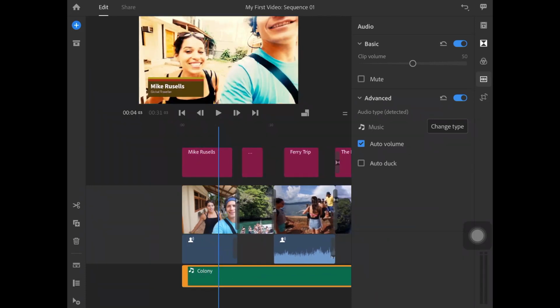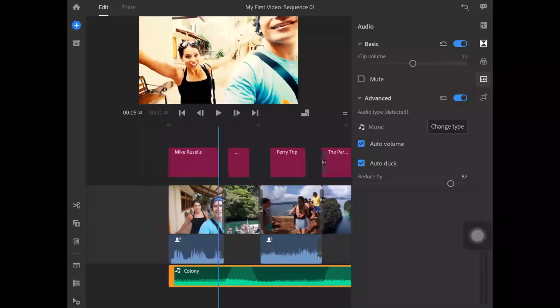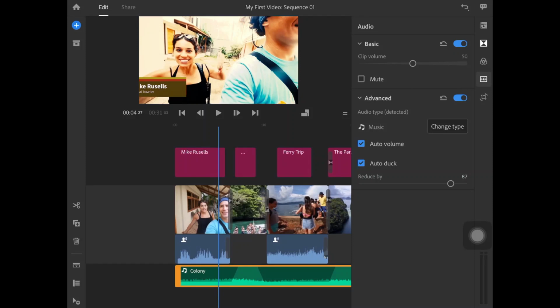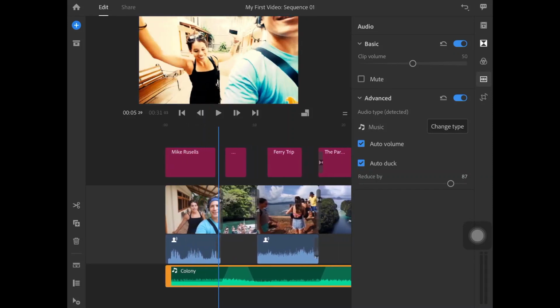Alright, now I'm selecting the third audio track, and now you see there is a duck option. It's called auto duck. So you don't have to manually duck the background music against the voice overs. You can simply select auto duck and see what happens. Suddenly you can come down and see that there are some new icons appearing here, which show where there is voice until here.